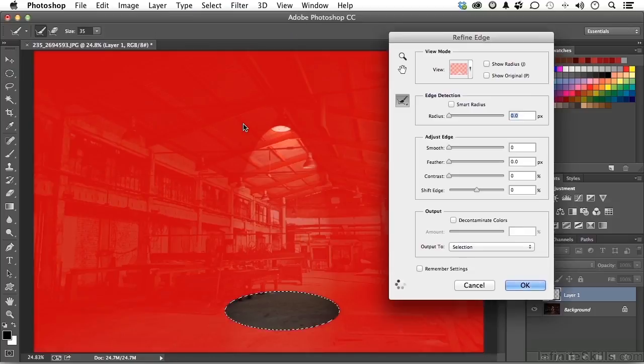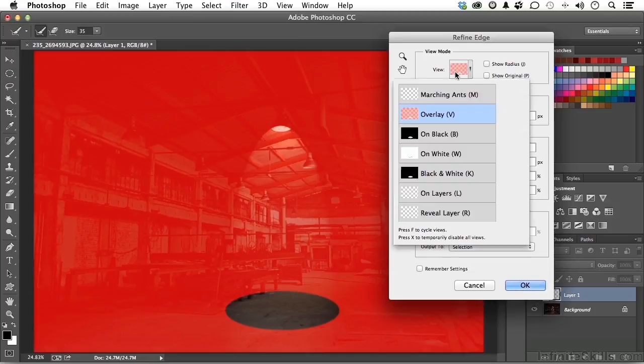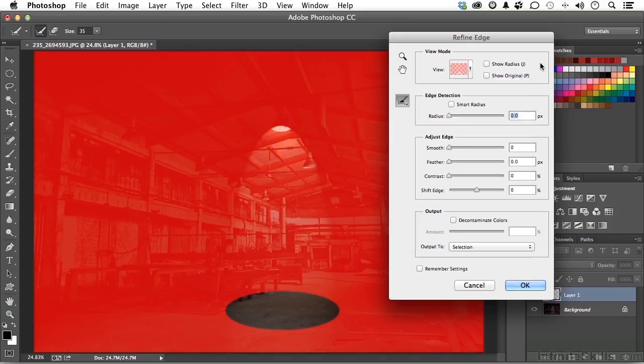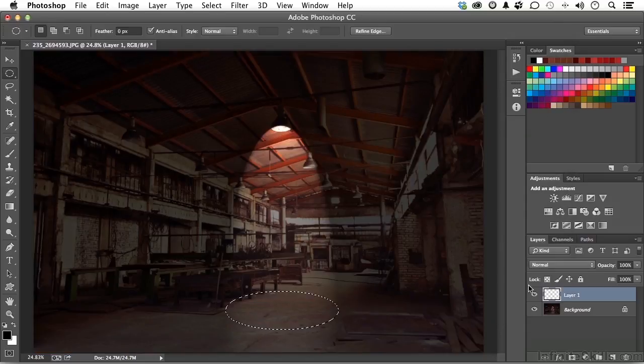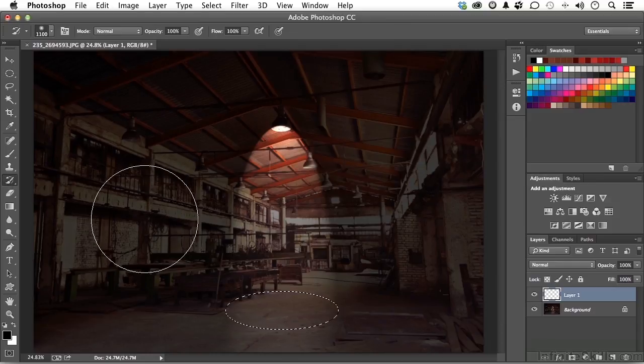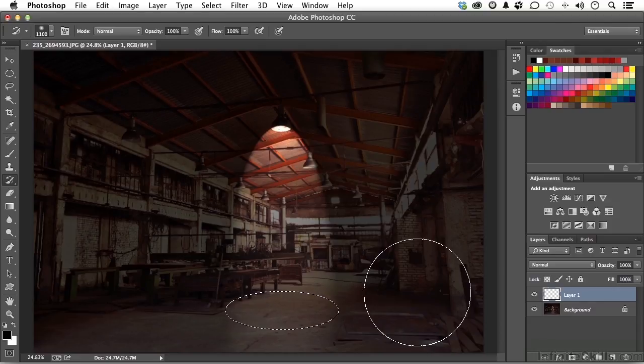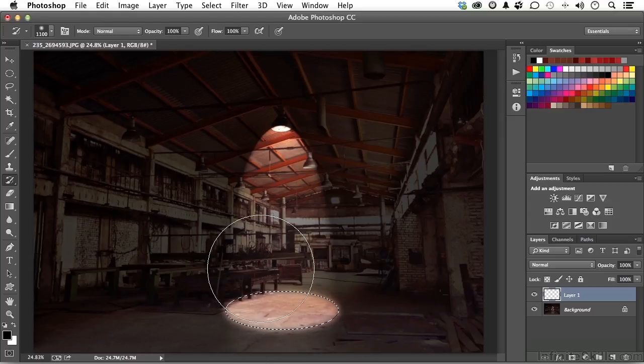I love Refine Edge. Now I've got it set here to overlay. So what I'm going to do is just feather it. Now it's not a number, it's, well, what do you want? And I want something about like that. Go ahead and click OK. Pick up your history brush, which is right over here. Now it's a big brush, but understand, in that layer, the only area it will paint back in is the area in the selection. So if I come over here and do that, just like that,